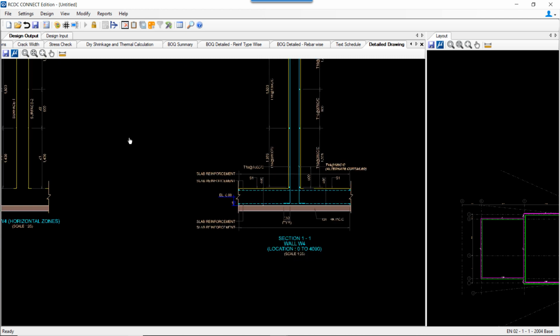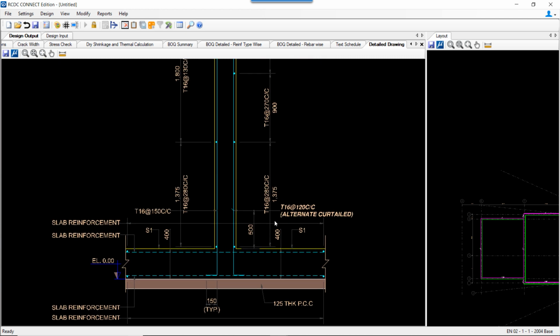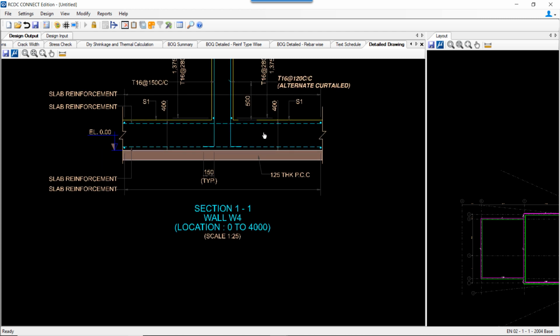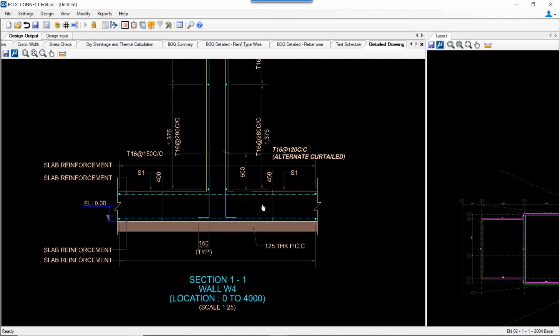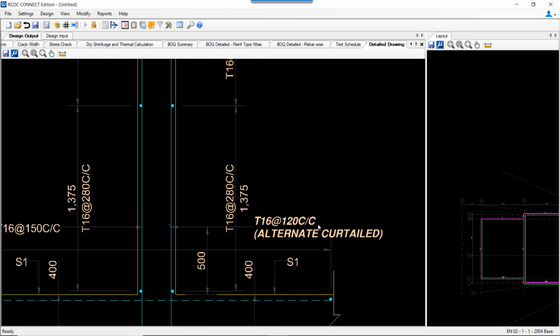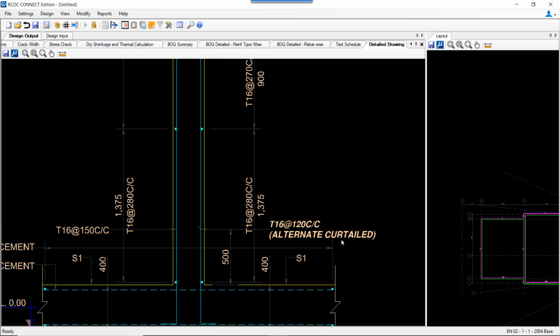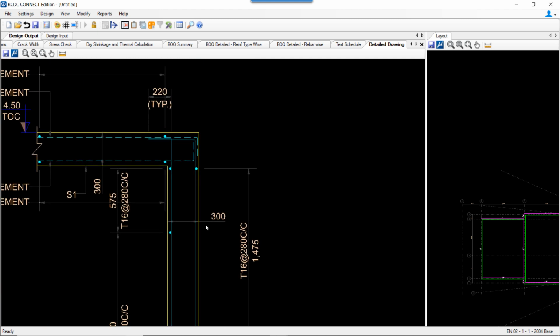Okay, so this is our section 1.1, wherein for zone 1, that is for location 0 to 4 meter, we have the vertical rebar as 16 at 120 center to center, wherein the alternate bars are curtailed, and the horizontal rebar is mentioned over here.